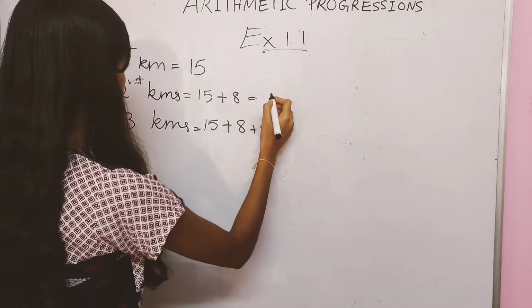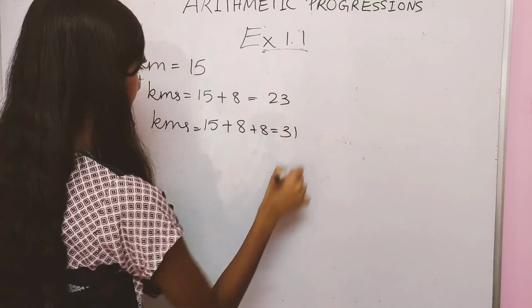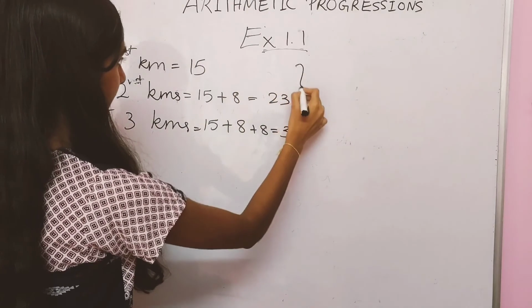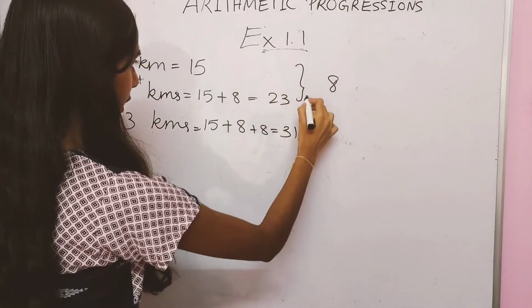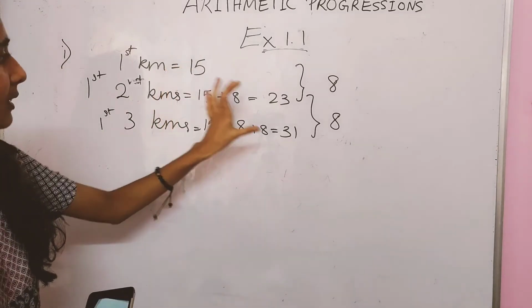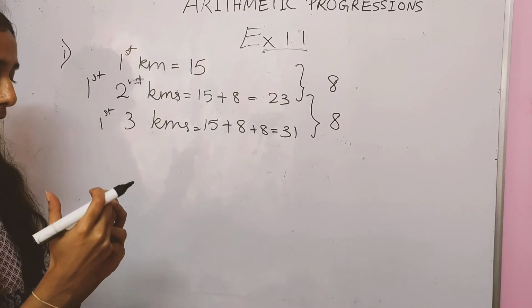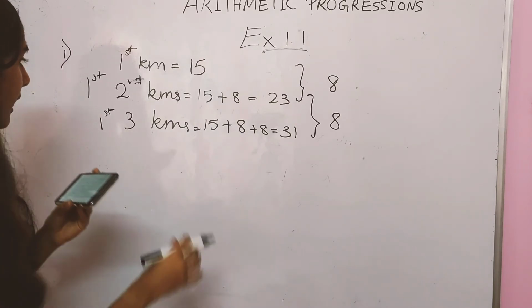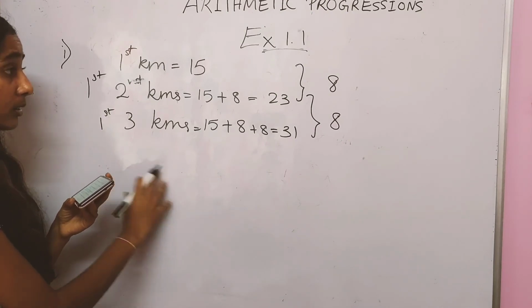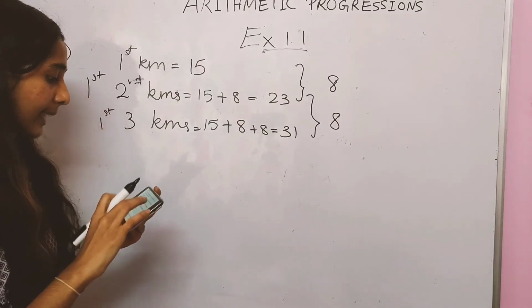This is 15 plus 8, 23. 23 plus 8, 31. So the differences between them, 15 and 23 is 8. 23 and 31 is 8. When the difference between two successive terms in a series is the same, then they are called as arithmetic progression. That's why this series is an arithmetic progression. Why? Because the common difference is the same, that is rupees 8. Second one,